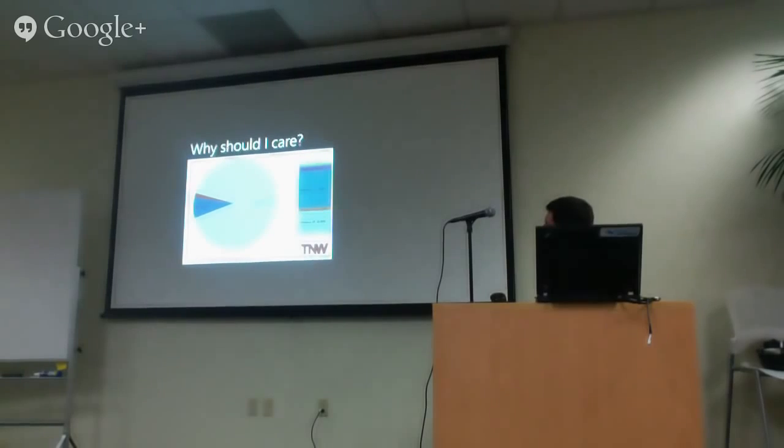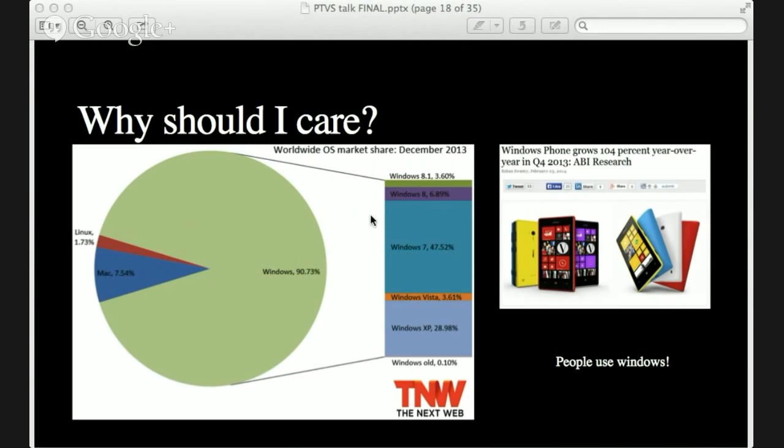Mac has 7.5%, which I was surprised to see. And within Windows, most people are still on Windows 7. Windows 8, I think people are still migrating, and 8.1, I'm equally surprised that people have migrated that fast to 8.1. But anyway, the things that apply to all of these are the standard Windows desktop applications like Office. There's a lot of productivity apps, a lot of business apps that this 90% of people are using